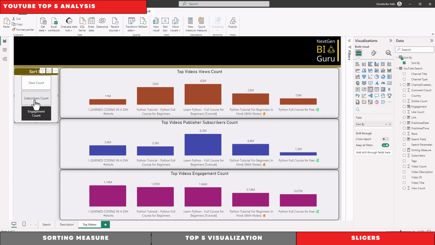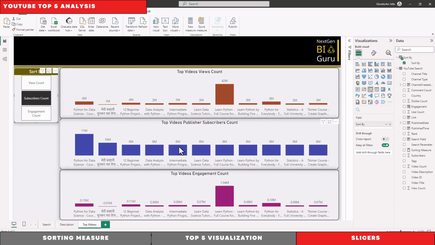But notice here when we clicked on the subscriber count we can see more than 5, and the reason is because the number of subscribers is the same for all of them because it's basically the same channel. So the sorting for top 5 is working with numbers. If the number is repeated, it will show all the values for that number. So this is why we see so many. But the good thing, you can see the other 2 visuals are synchronized with this visual too.